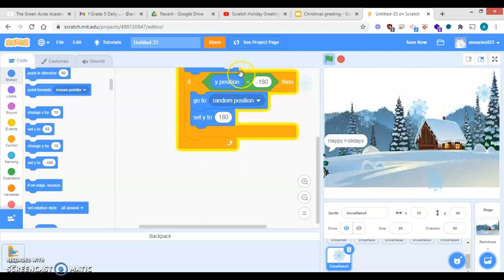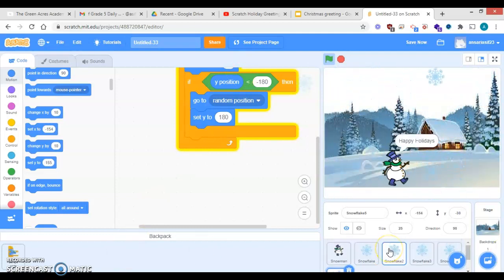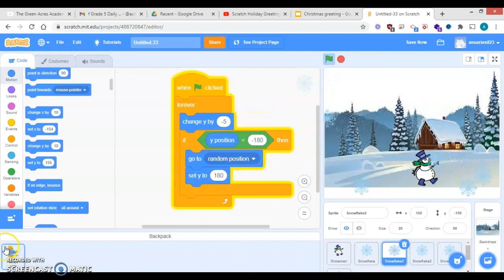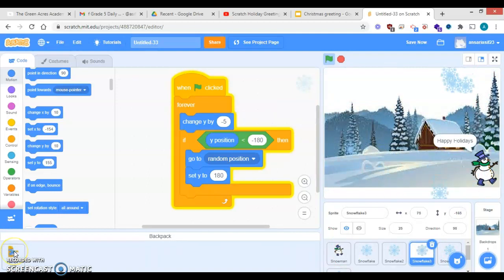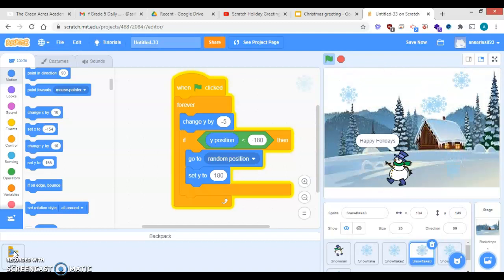One more snowflake is there, click on it, copy it. Done. Remember to just drag this particular part onto the backpack and then duplicate it one by one, and then select it and click on it. Select it, click on it. Your snowflake will be ready. So I hope this particular part is very clear to all of you, as to how to go for the random and how to duplicate and use the backpack.